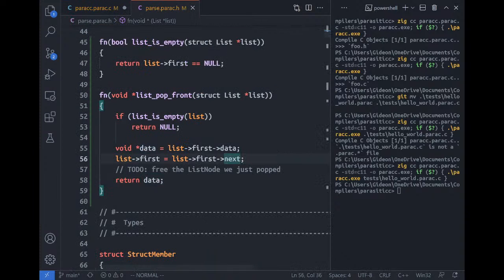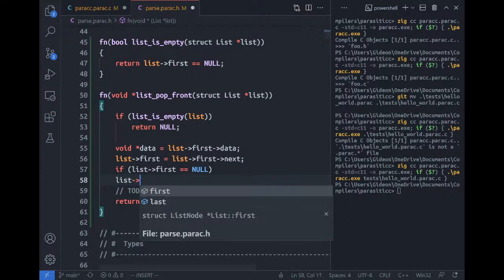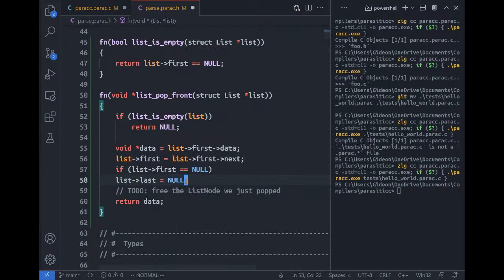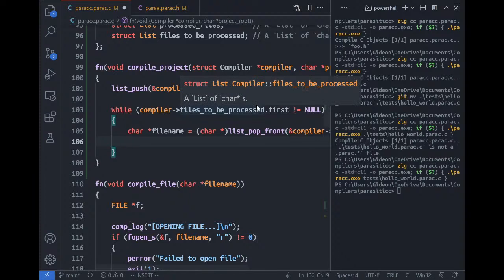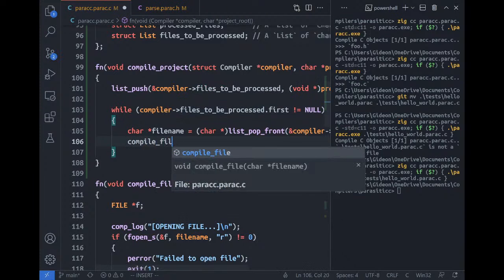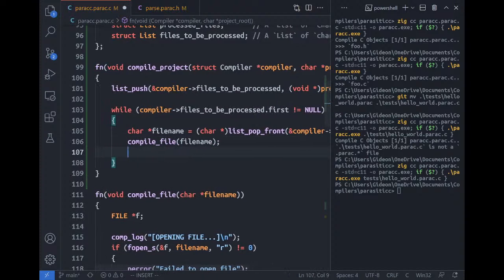I guess one extra thing we should check is if list arrow first equals null at this point, then we need to set the last list arrow last equals null as well. That's something we should check. Okay. So we've got a file name. So now we just say compile file name. And then we're going to add this list to